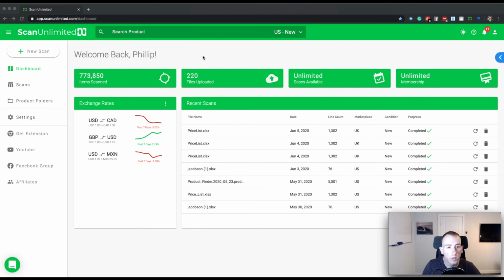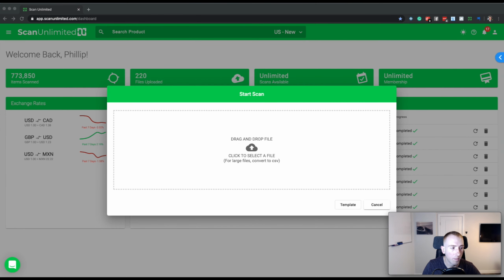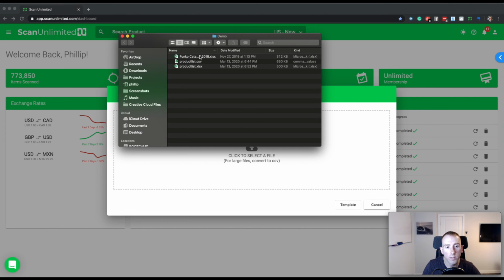So the new upload has been reworked so that it's a little bit easier, especially for newer Scan Unlimited users, to get started scanning without having to really look up how to do it. So basically, just like before, we're going to go ahead and say new scan, and I'm going to drag and drop a file here,